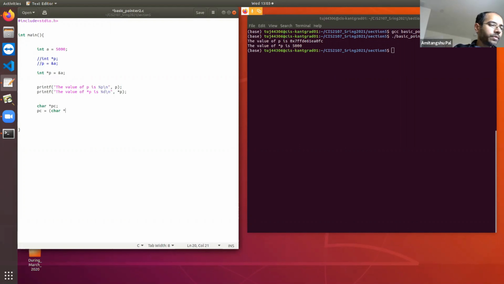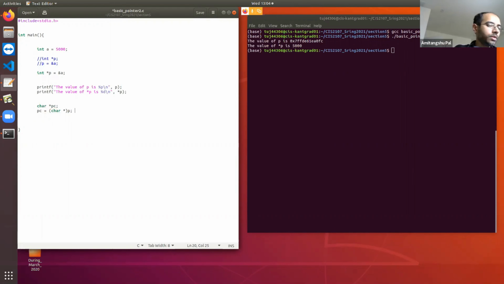character pointer, what does this mean? This kind of technique we have learned in the last class. This is basically typecasting, right? So here p is an integer pointer, pc is a character pointer. As they are of 2 different types, I need to do typecasting. p is an integer pointer; I am converting it to a character pointer and then assigning it to pc.